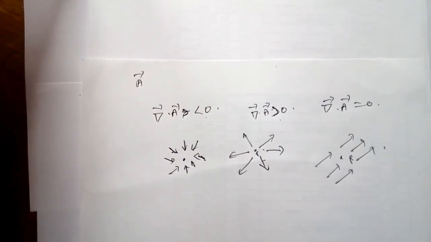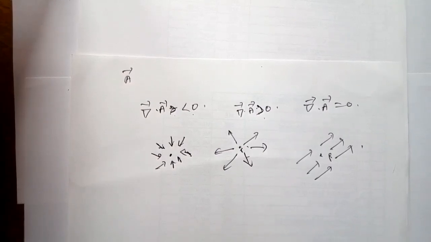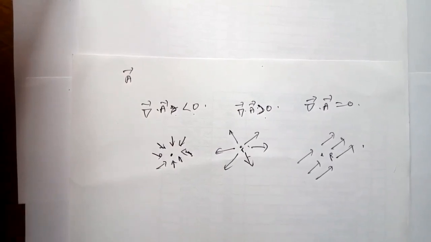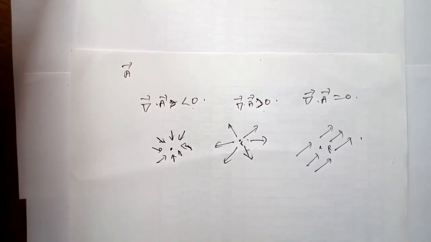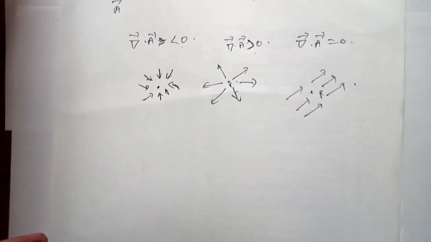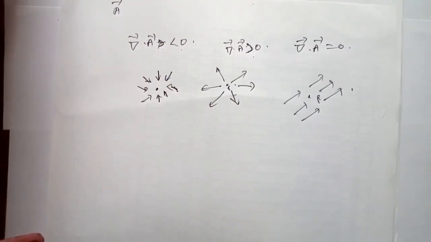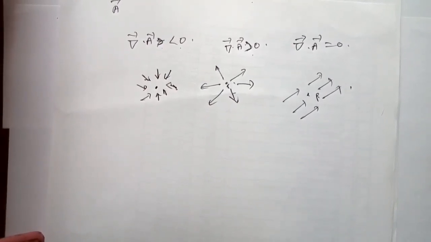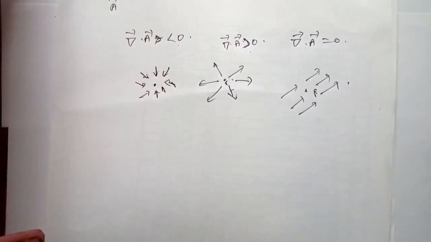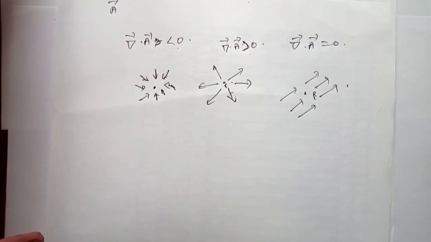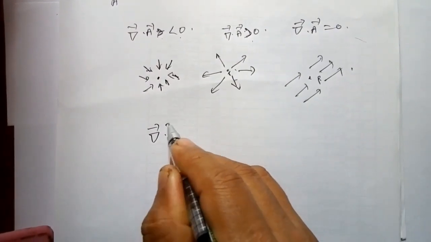Another example is the divergence of electric field lines from a positive charge, which is a positive divergence. For magnetic fields forming closed loops, the divergence is 0. That's exactly what we can see in magnets. Whatever magnetic field comes out from the North Pole will be converging at the South Pole. That's why for the magnetic field we write del dot B is equal to 0.